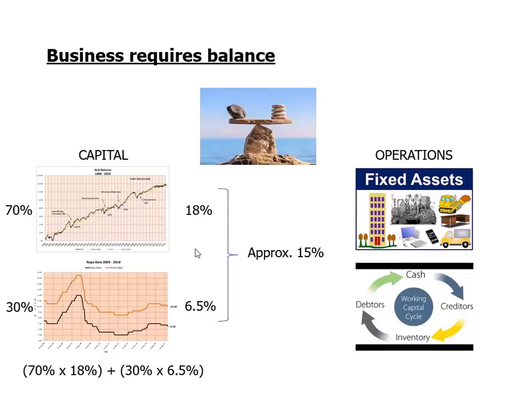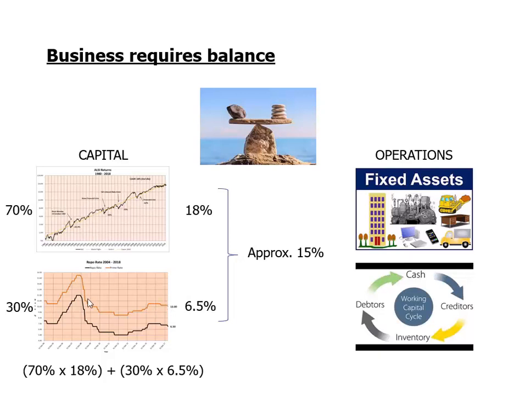However, one of the benefits of borrowing money and having an interest expense in the income statement is that the interest is tax deductible. So that has a benefit for a business in that we pay less tax because we have interest. As a result, we can make an adjustment to the cost of the debt down from 9% to 6.5%. I'll show you that calculation and how the maths works in a moment. So for now, let's recognize that we've got equity at a cost of 18% and debt at a cost of 6.5%.